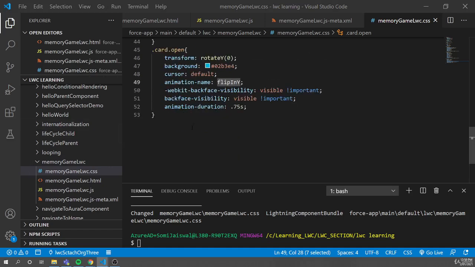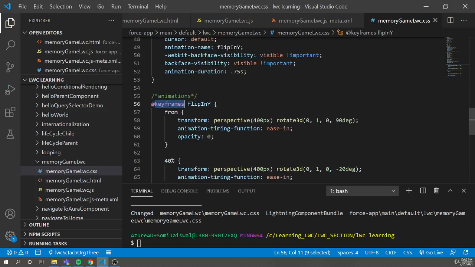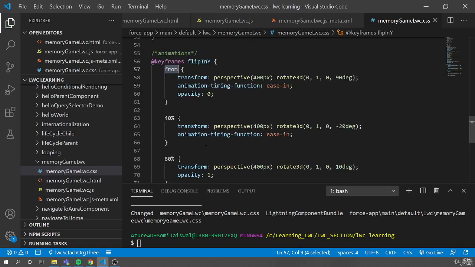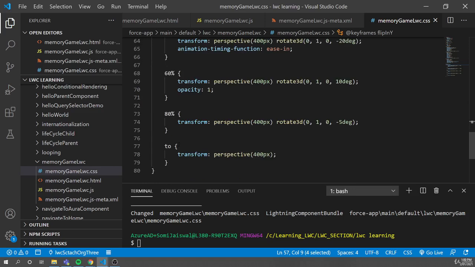So now I'll show you how we write animation in CSS. An animation always starts with the keyword keyframes. I'll paste it here. You will get all the code in the attachment of the video, so don't worry. We are passing the animation name. It immediately looks for this name with the keyframes keyword, and it will say from where I need to start rotating, what should be my timing function, what should be my opacity, and likewise it gives the animation for each percentage of